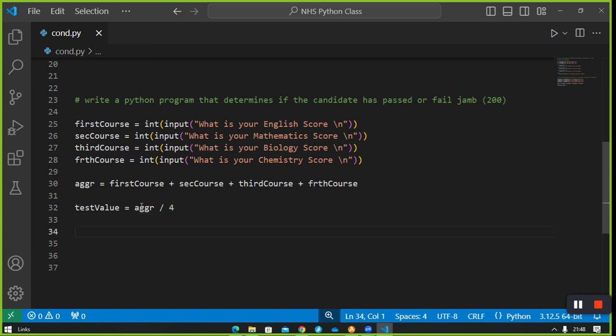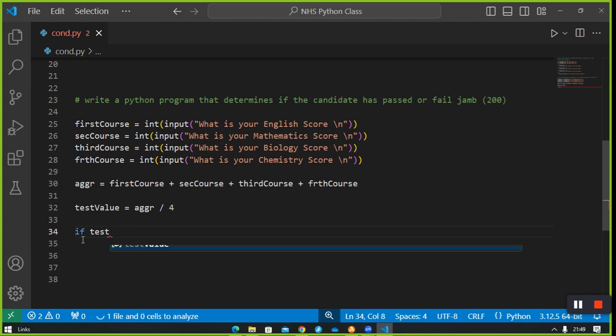It's definitely going to be giving an answer that is a real number, a real variable, like 20.4, 38.9, 0.256, and something like that. So we're going to be having a real number as an output, despite that we are hinting this one. So we're going to be having this aggregate divided by 2. So we're going to be testing for JAMB and say if